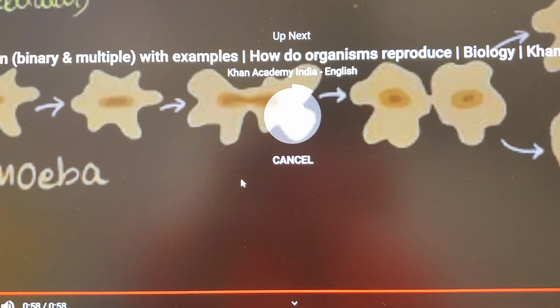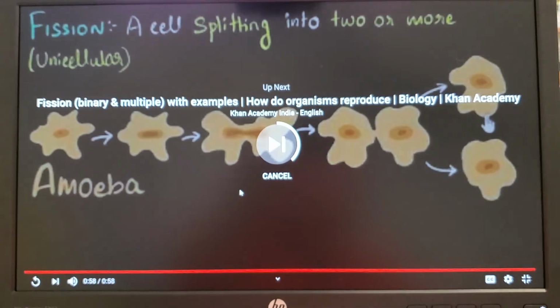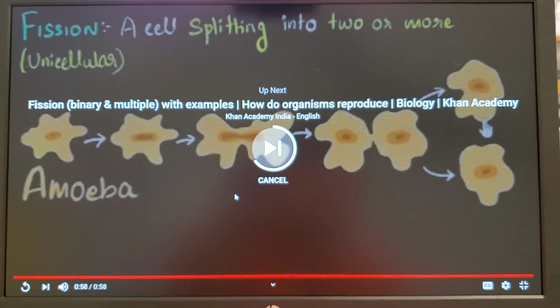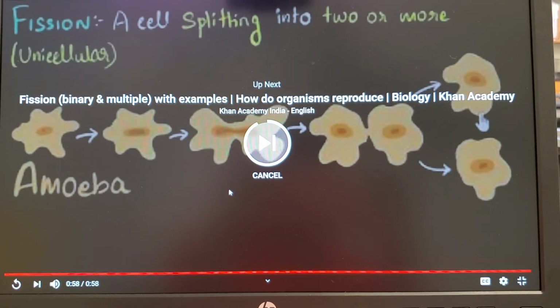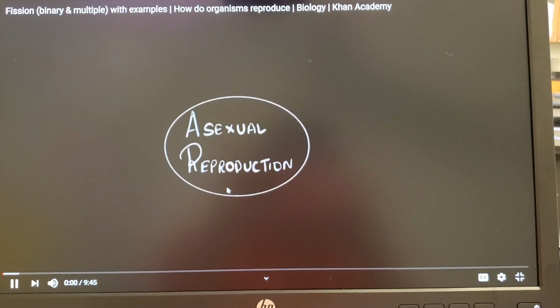And here's just another shot of a show that shows the same thing happening. It splits in half. Asexual reproduction